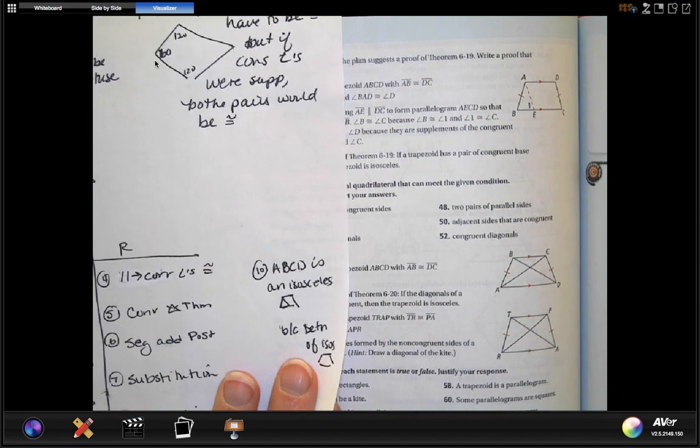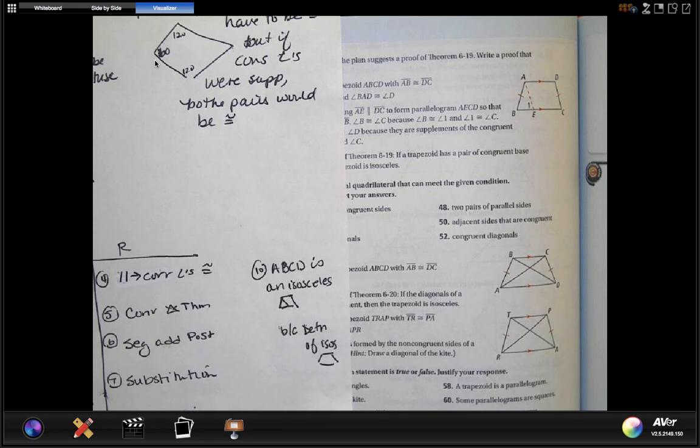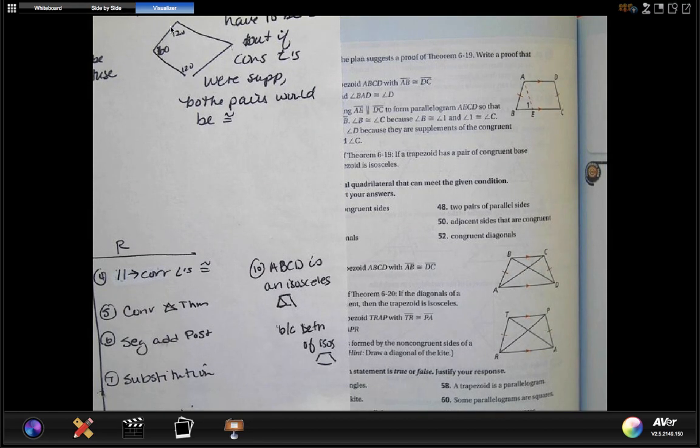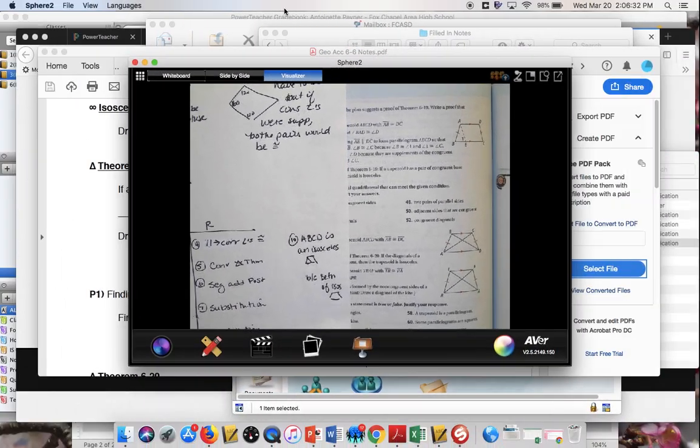All right. Again, these proofs are kind of weird, but there's nothing on the test where you're going to have to construct anything, so don't worry about that part, okay? That's it for this